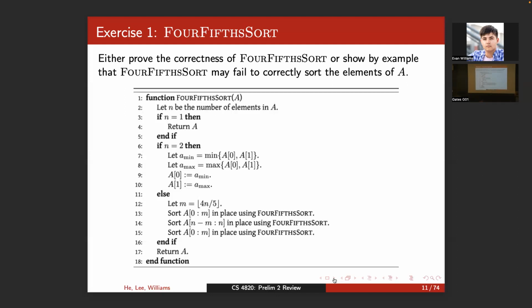I have a question. Can you assume, like, if n was equal to 3, can you assume that it's